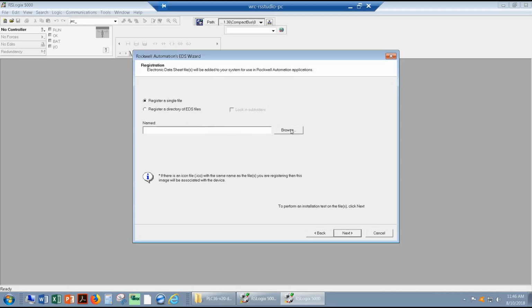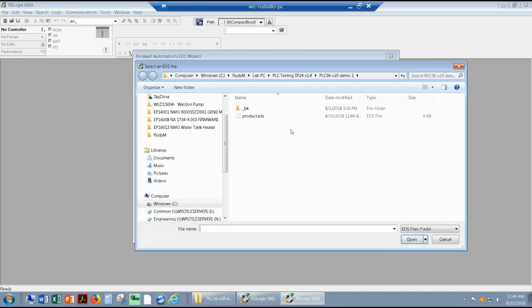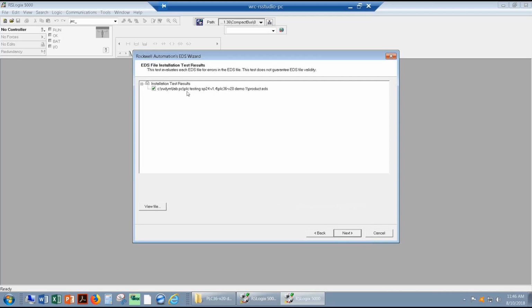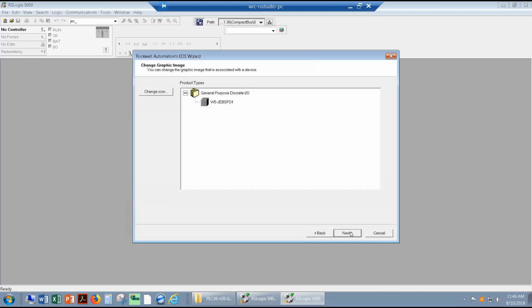Here, we'll browse to the folder location where the file is. It's listing only the EDS files here. This is the one we downloaded. Now we'll click Open. Select it, and now we click Next. Note that in this window, the test performed by this wizard will check if the EDS file has errors in it. Then we click Next,